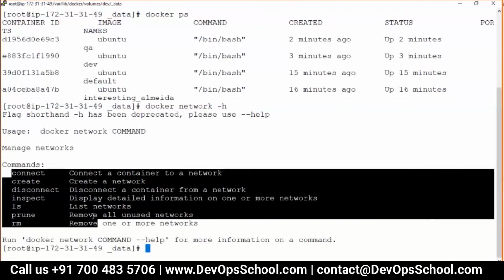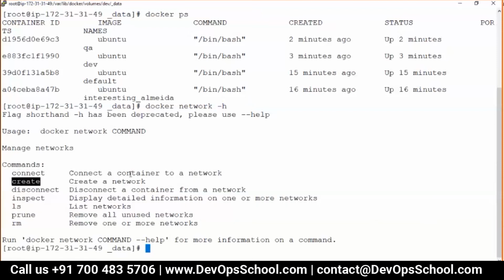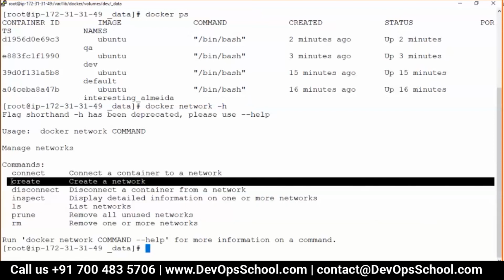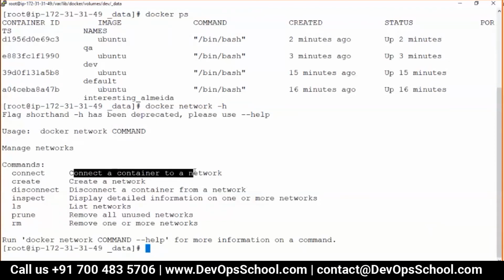Here I use the create command to create a network. After this I am going to use the connect command to connect to a different network. Disconnect also, inspect also, ls also, prune also, rm also, but right now I'm using connect. So can I do this?